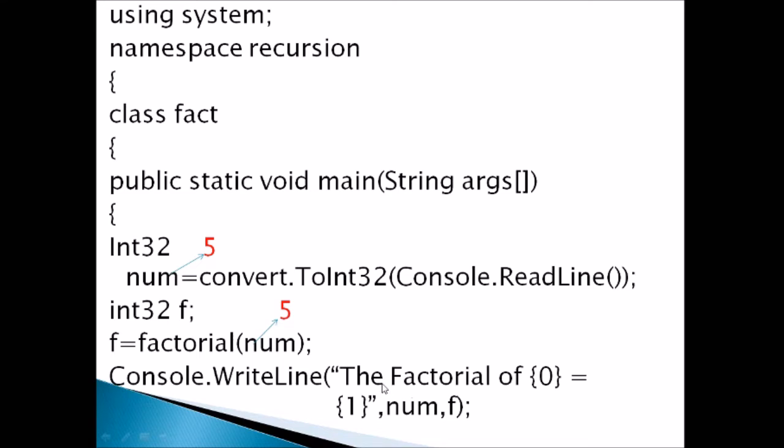Here the output statement is: the factorial of, in the 0th place the num 5 will be placed. The factorial of 5 equal to f. f is having 120. So the answer is: the factorial of 5 equal to 120. So this is the execution of this example for the recursive method call.